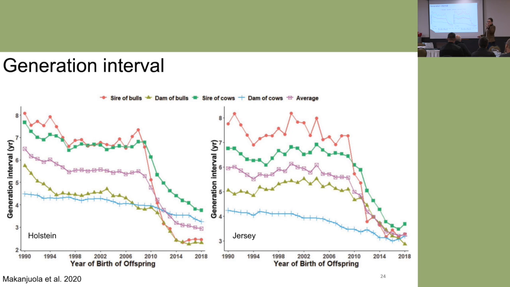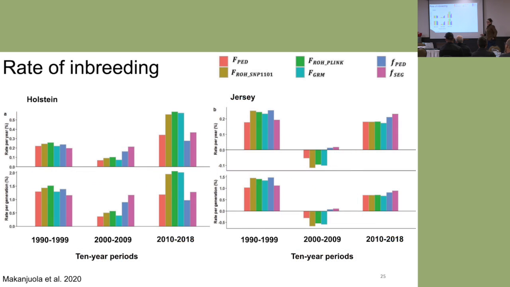Okay? But don't worry, it's not all bad about Jerseys. I'm going to tell you some good things about Jerseys too, compared to Holsteins, because I guess it's pretty cool to do that here, right? Why is it faster? Probably because the effective population size is smaller. So that's the theoretical number of males and females that it would take to express the amount of genetic diversity that you've got in the population. So we've got less animals here, and remember, this is a subset, right? This is not all the Jerseys. These are just the ones that are genotyped. So a very select group of animals, but it's a pretty clear pattern, right? Genomics happened and everything goes faster. That's the takeaway here.